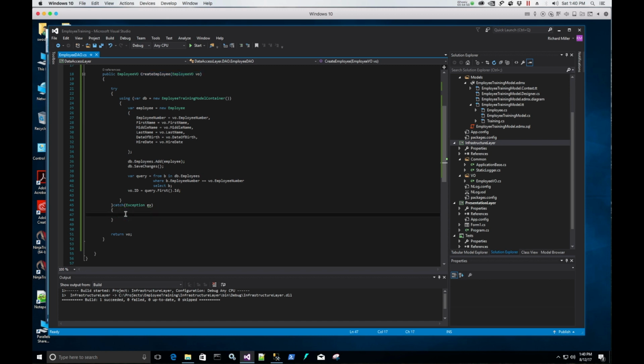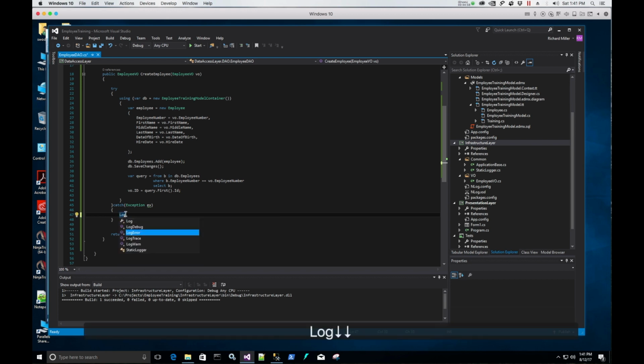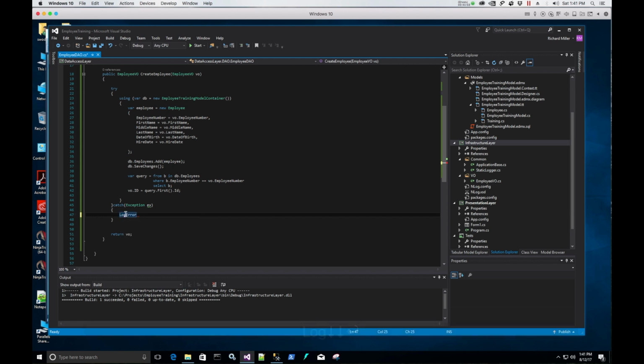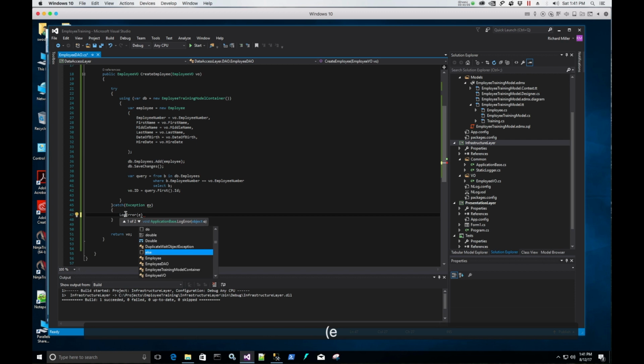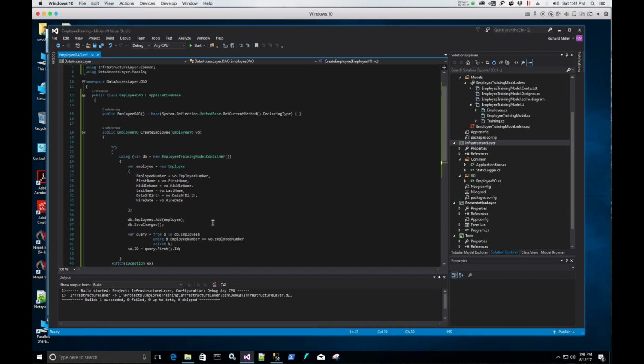And now what I need to do here is say log warn or log error. So I have a LogError method now, right? LogError. And then I can just feed ex, because ex is an object, right? And then I'm calling a ToString on it. Boom. All right. So now I have the ability to create an employee. And in fact, at this point,